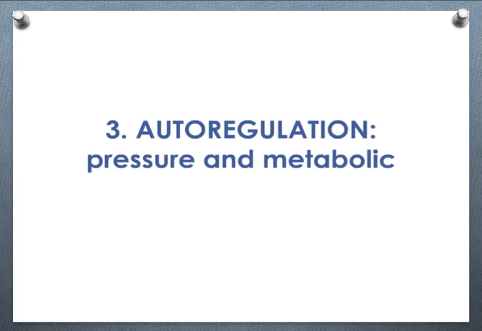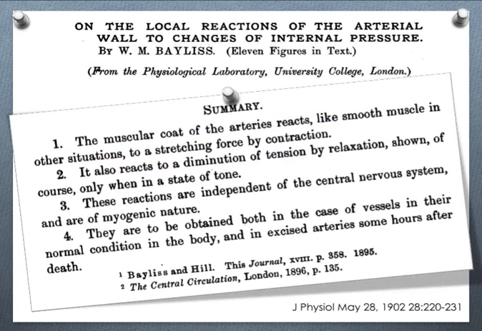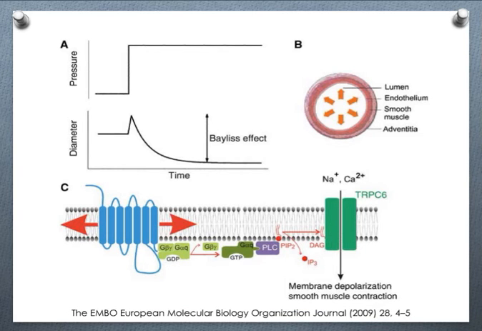This goes inside the autoregulation concept, and we have different kinds of autoregulation. Today I will explore only pressure and metabolic autoregulation. And talking about pressure autoregulation, we have to return to physiology more than 100 years ago, to Bayliss, who described the effect of stretching on the artery that produces a constriction of the artery when stretched. But if you look at this concept more physiologically and more currently, we can see there are some mechanical receptors inside the vessel